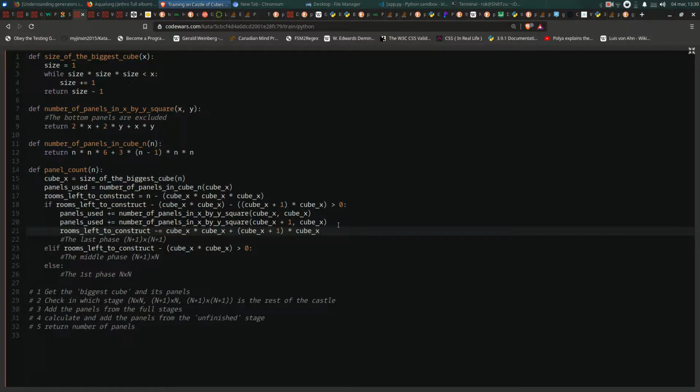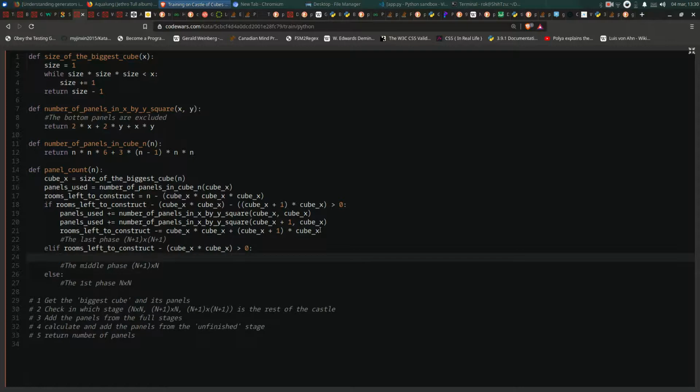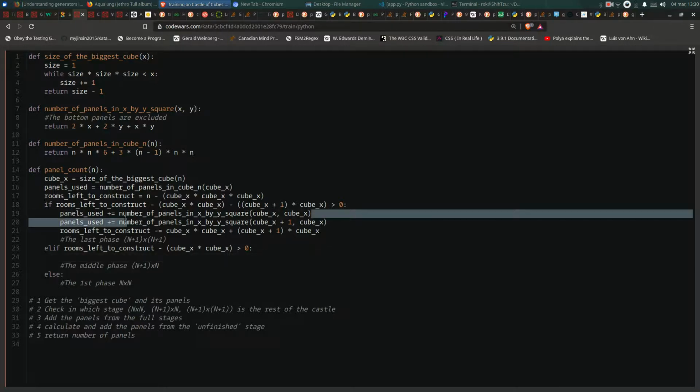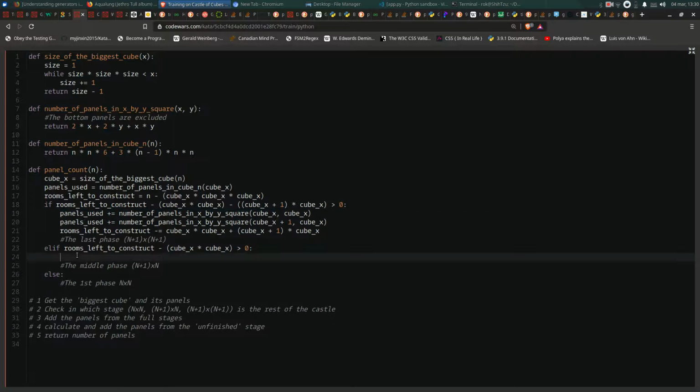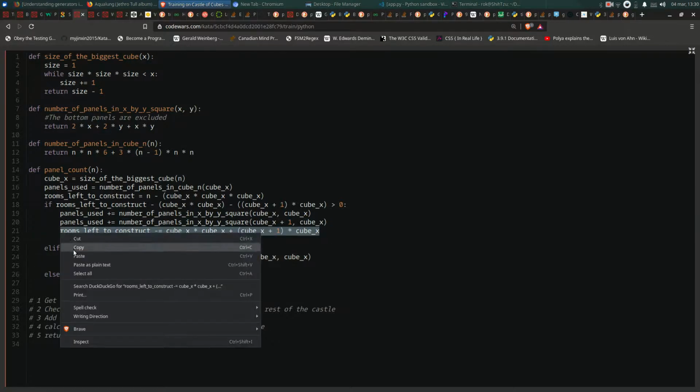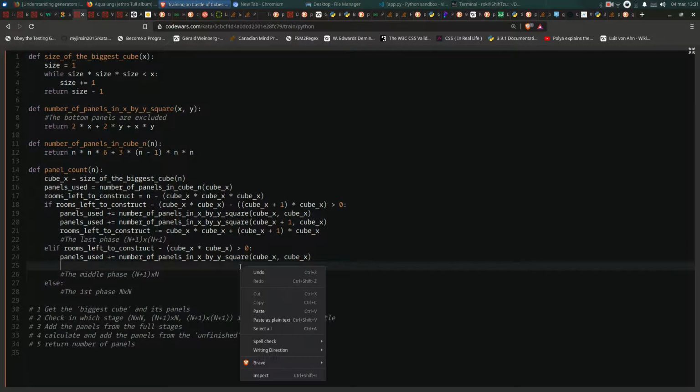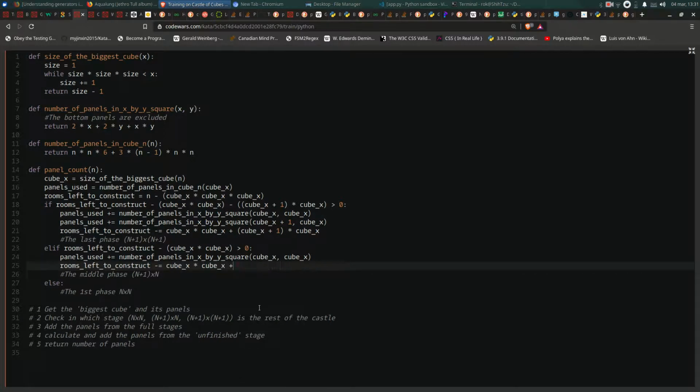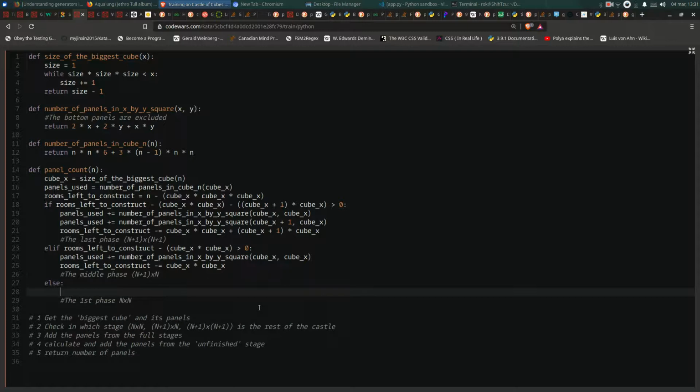And then here is kind of the same. Here we say, okay, we have the middle phase over here, where we just say this one, panels used, copy, paste, say rooms left to construct, or like so, without this one, and over here we just say, yeah, so, but in all cases then we must see, we just say panels used plus equals